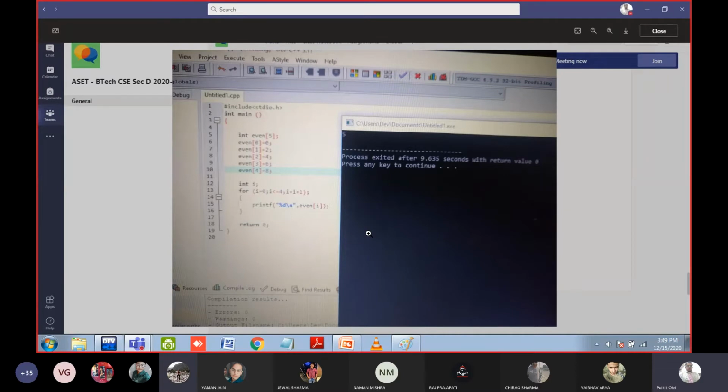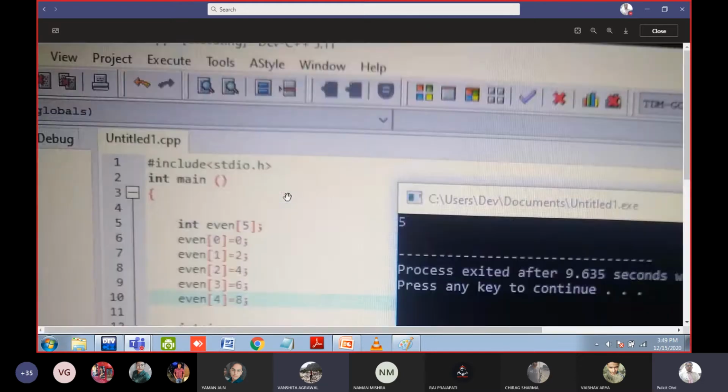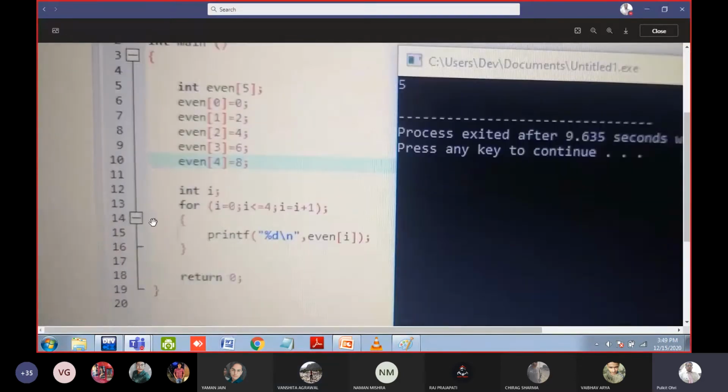So the semicolon is there after the for statement. That is the problem. Naman, at line number 13, the semicolon is there. So what is happening? The value of i will become 0, 1, 2, 3, 4, 5. And then it is printing the wrong result, meaning line number 15 is not reached.